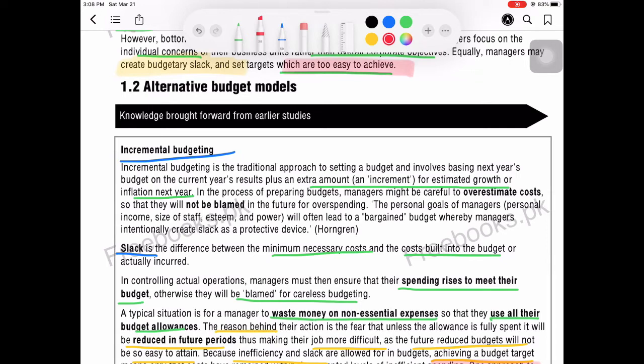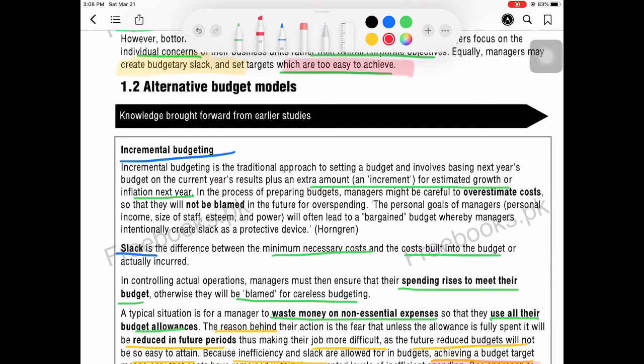That is because of the existing market situations, that existing inflation rate, existing interest rates, the small changes in the market which tend to raise the prices, the costs. So based on these things, incremental budgeting is what consists of